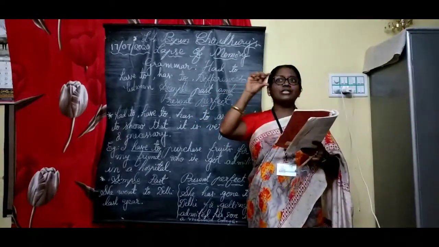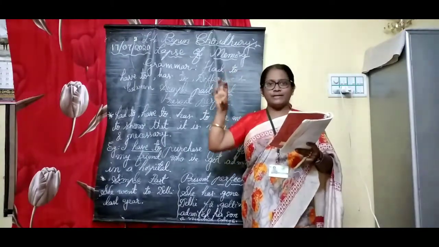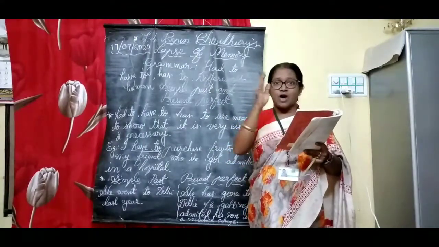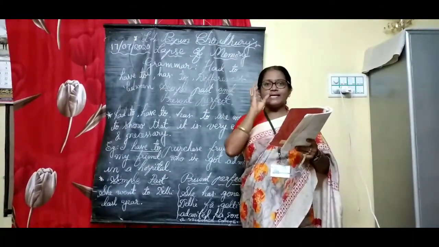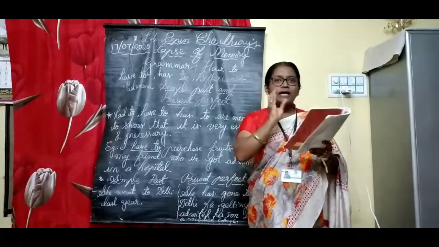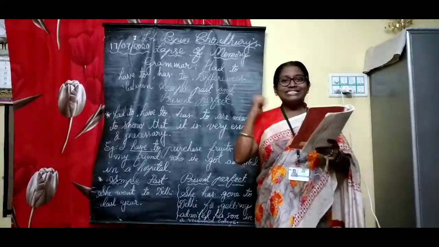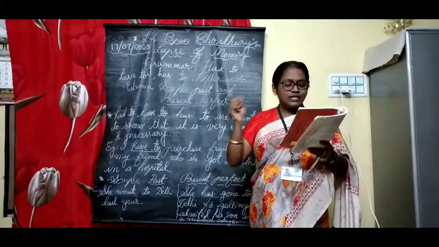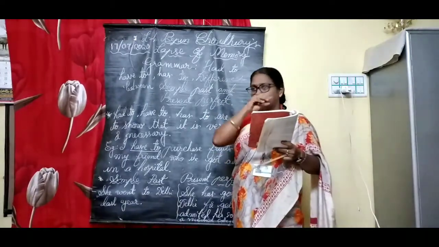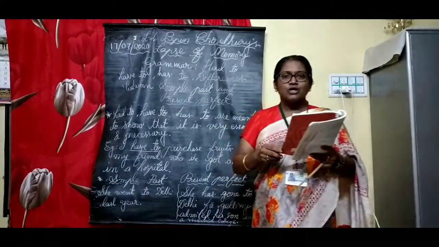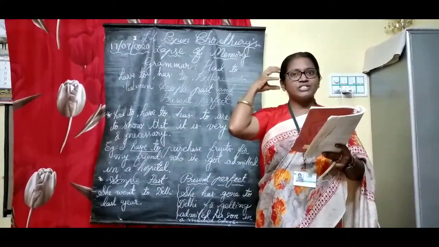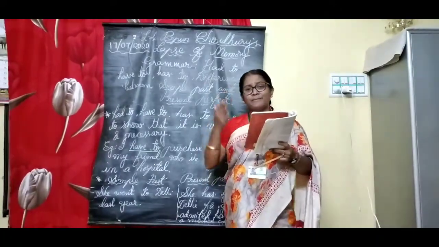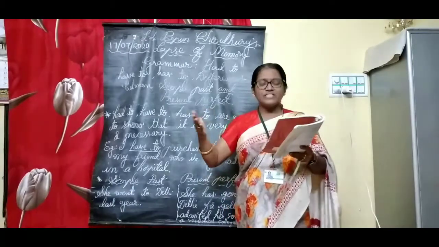What is the constructional way of framing the idiom? The first one is the noun. First of all, if you check any idiom, the first and foremost part that appears to you is the noun. Secondly, the verb. And the third one is an adjective or an adverb in it. Ignore articles and prepositions in an idiom. When you look for an idiom in the dictionary, you are not supposed to take into consideration those articles as well as prepositions. You have to check the meaning of the idiom on the basis of the given structure.